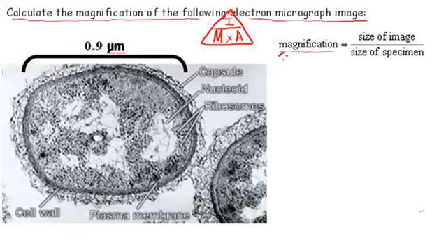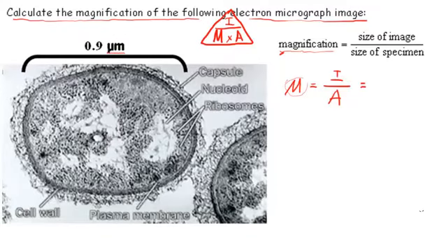So here we go. I start with my formula. Magnification equals image size over the actual size. I want to calculate the magnification. So here's my unknown. Well, let's see. In order to calculate this, I need to know the image size and I need to know the actual size. So let's see what I can figure out here. Well, the image size,